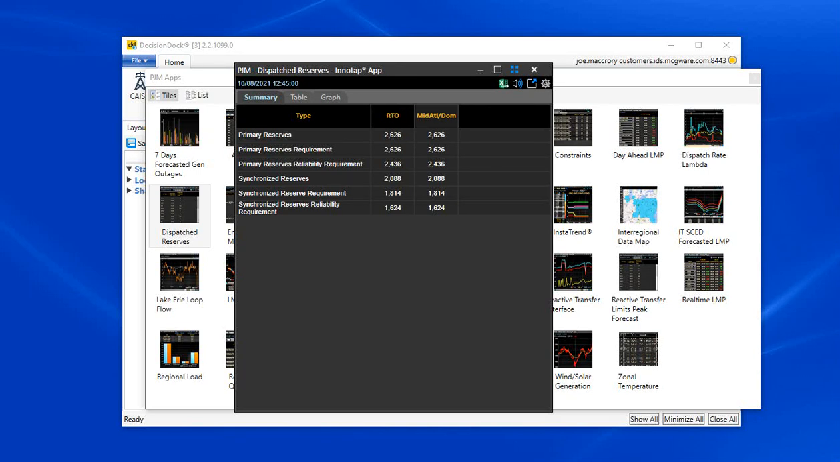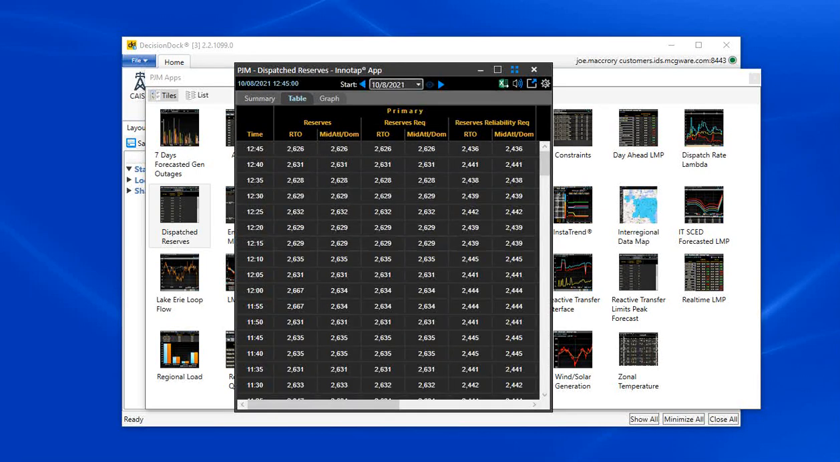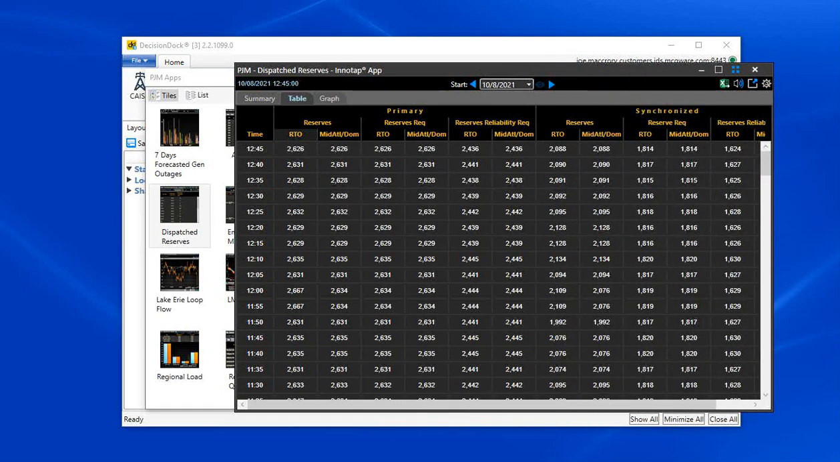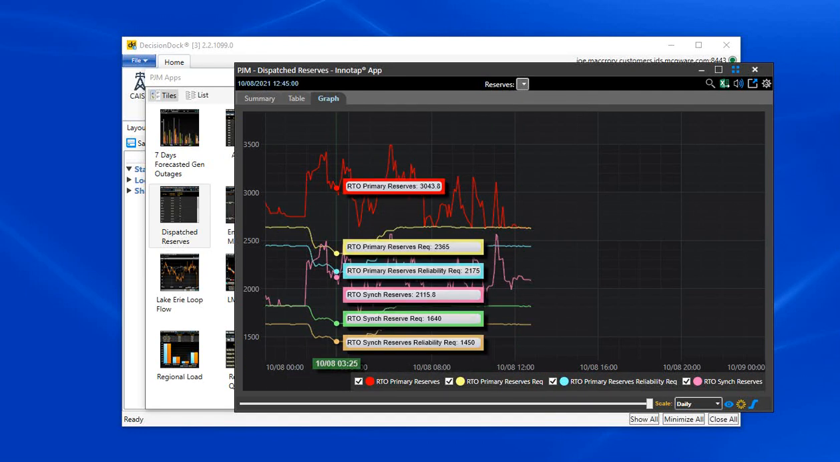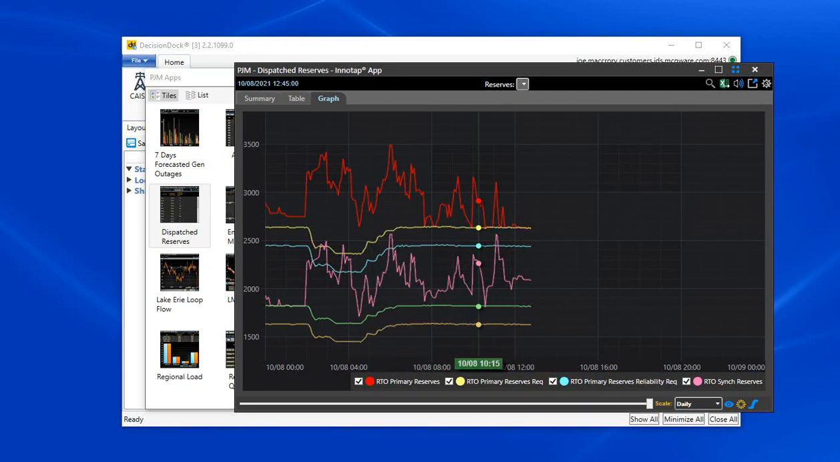Let me find that one. Dispatch reserves is another new one. So this is dispatch reserves, and you can see the different reserve types here. This is for PJM. They have it separated into PJM and Mid-Atlantic DOM. So they're basically traditional PJM and then everybody else. Summary table. So it's just a table view of it. That's just a summary. Table will give you